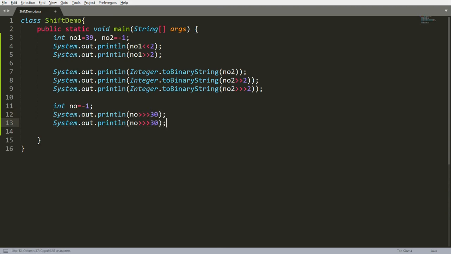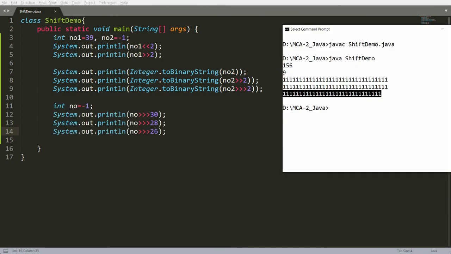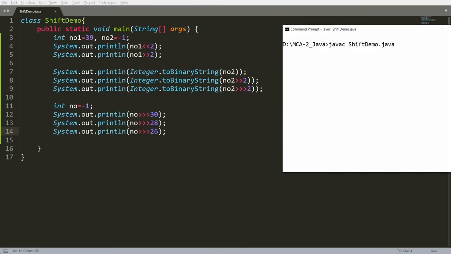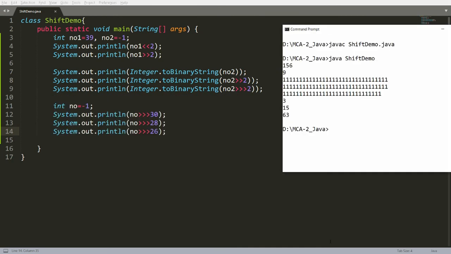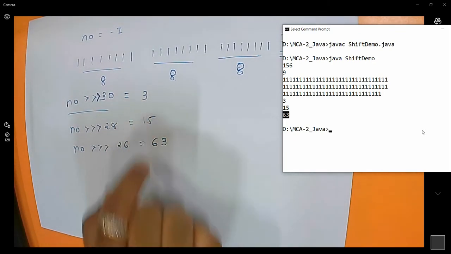Here you can copy this and write unsigned shift right 28 bits, unsigned shift right 26 bits, and the output should be 3, 15 and 63. So you can compile this program and check, and you can see over here the result is 3, 15 and 63, the same thing that I calculated on the paper.